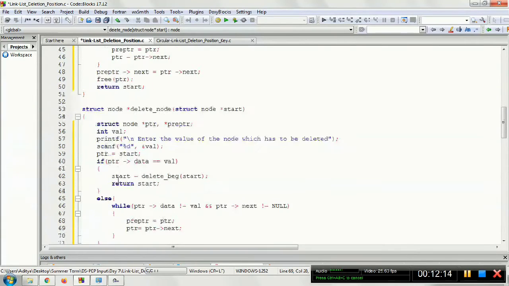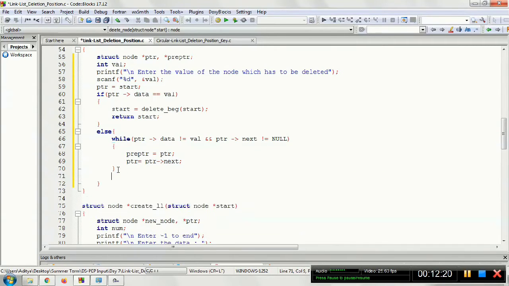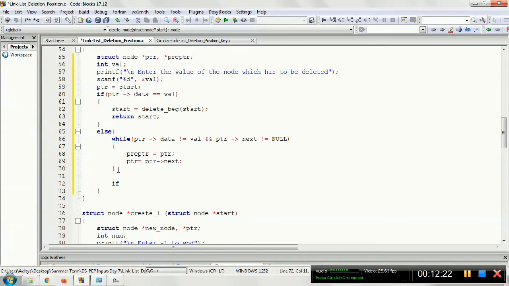Once it is done, now we'll check. Whenever this loop terminates, I am not sure for which of the two conditions it has terminated, so I'll cross-check it once.